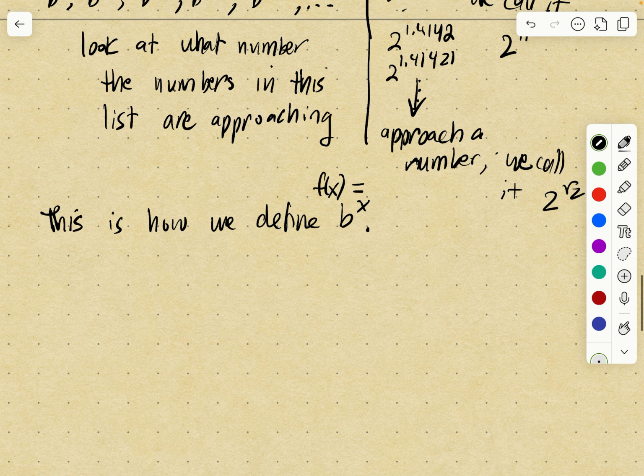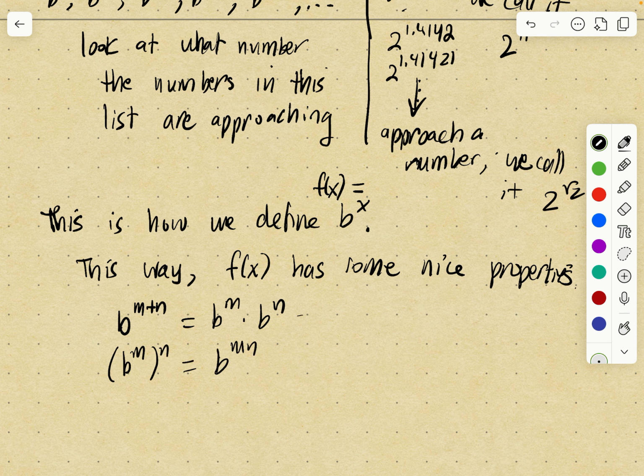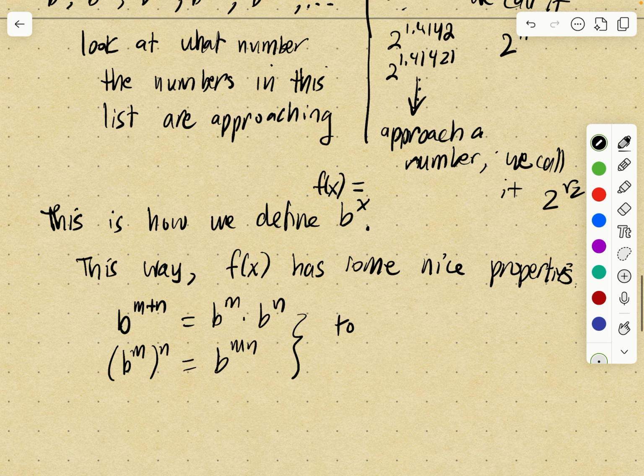So it turns out that when you define b to the x this way, the function f of x has some nice properties. They're just the properties that we talked about before. It's that b to the m plus n is equal to b to the m times b to the n, and b to the m raised to the n power is b to the power of m times n, but this time it's for all real numbers